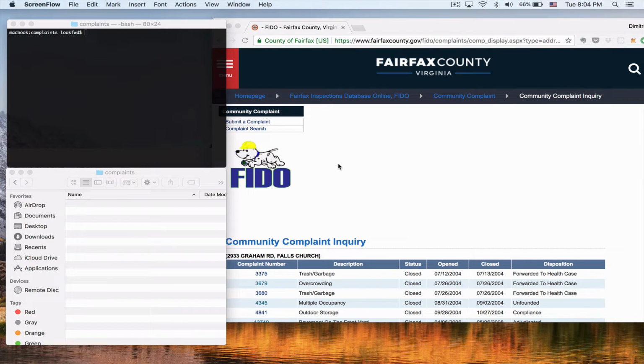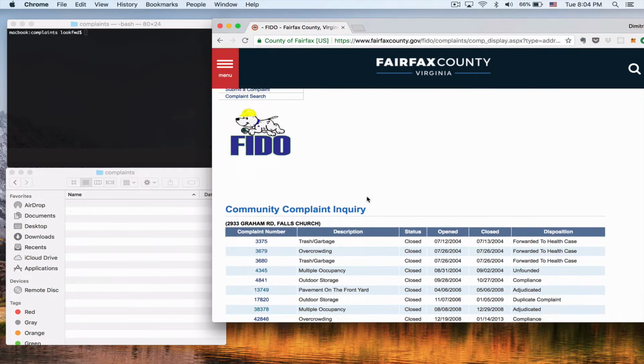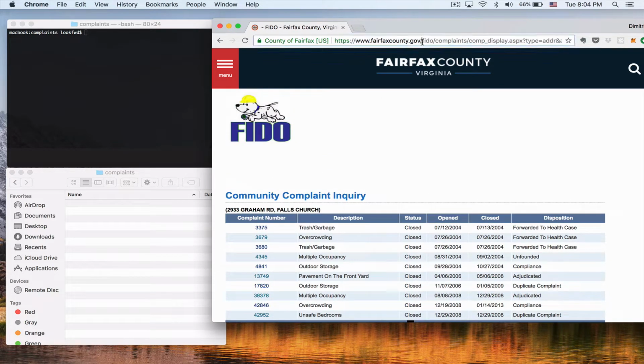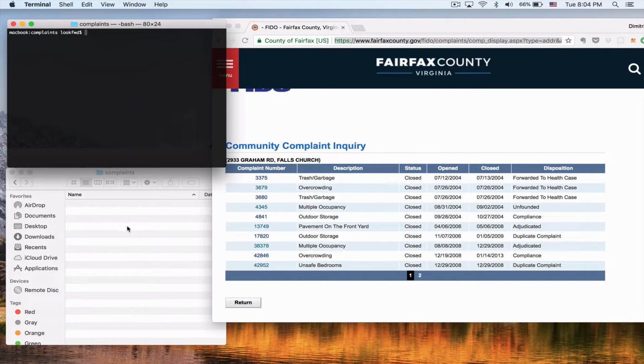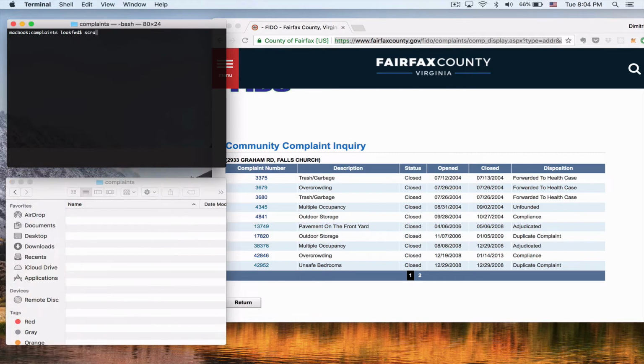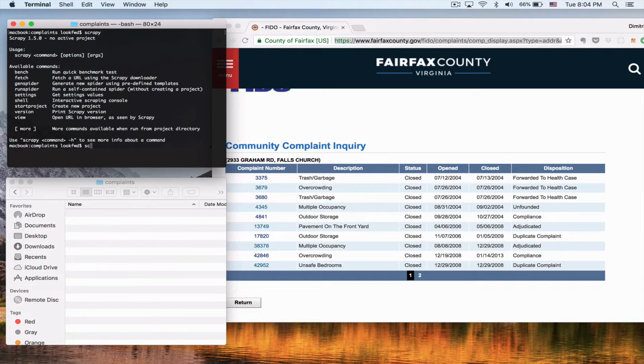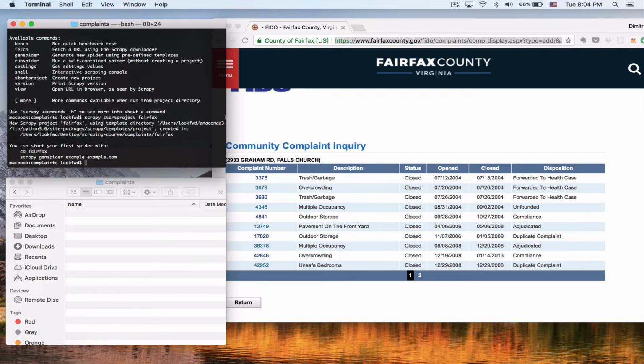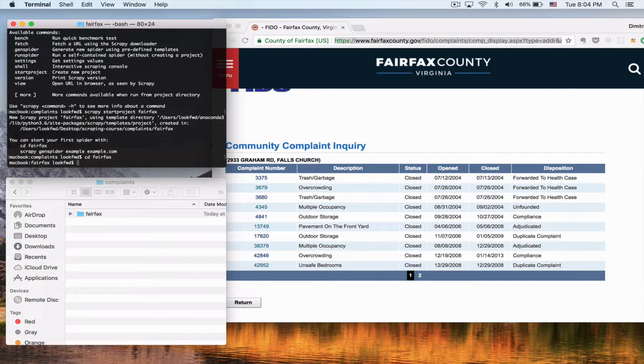Hello, so let's see how we can go about scraping this one. So we see this URL here, which is a great starting point, and let's start a scraping project. So I'm in a directory over here. If I run Scrapy, I get some help. Scrapy startproject, and then let's call this Fairfax. Okay, so then it gives us some instructions here, cd Fairfax, and let's do it, cd Fairfax, and then